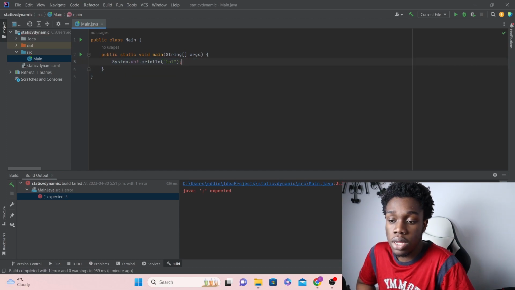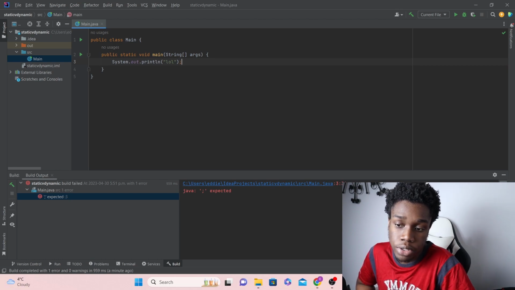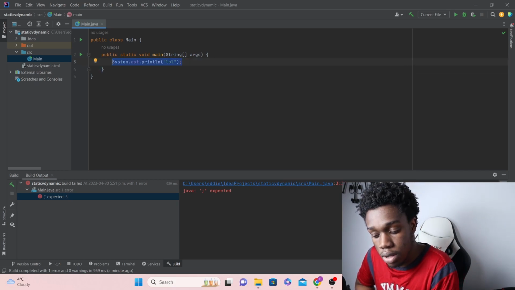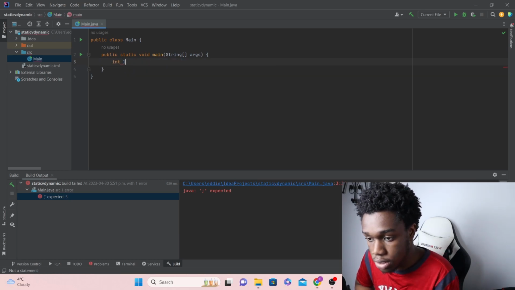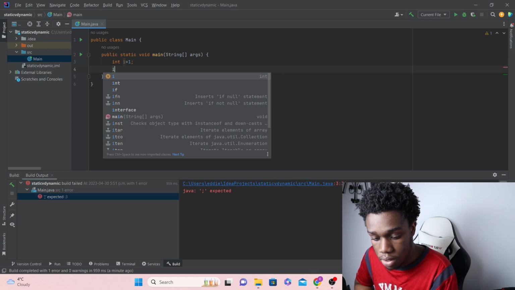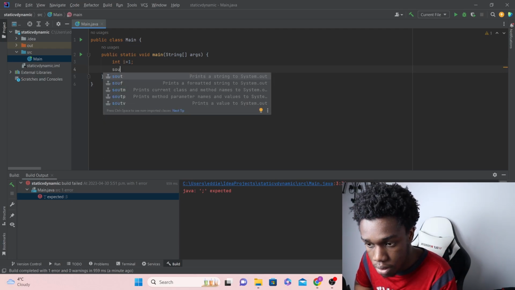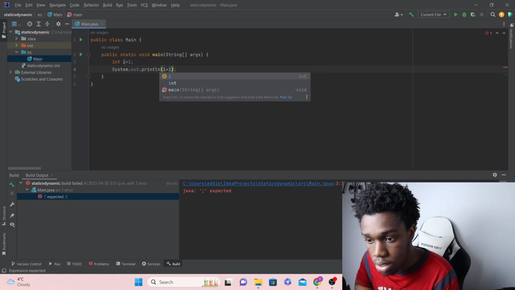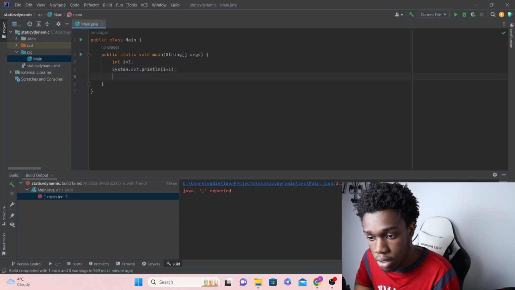right? So does this mean that there are no runtime errors? No, there are definitely runtime errors, but those are quite different, right? For example, if I were to say int i equals 1, because this is statically typed, and then I say i plus i, and then after that I say